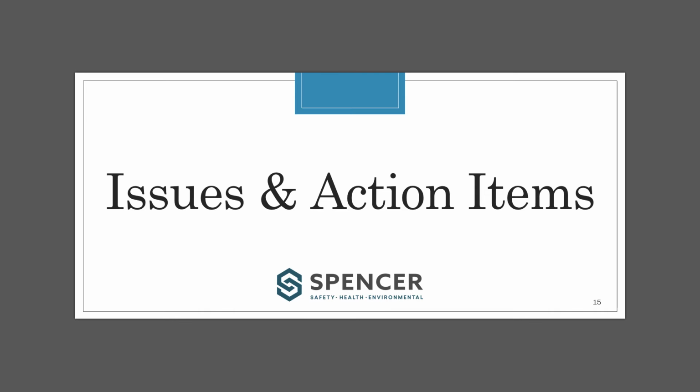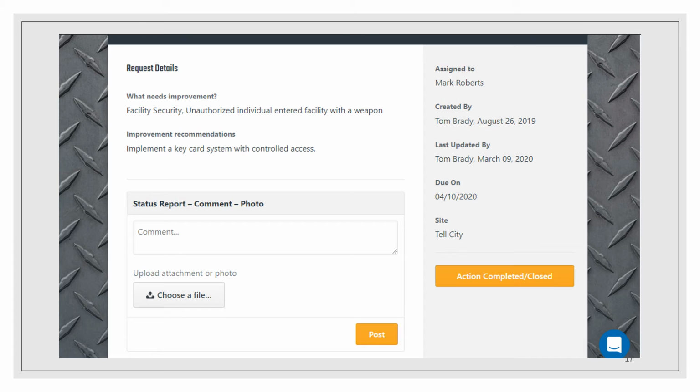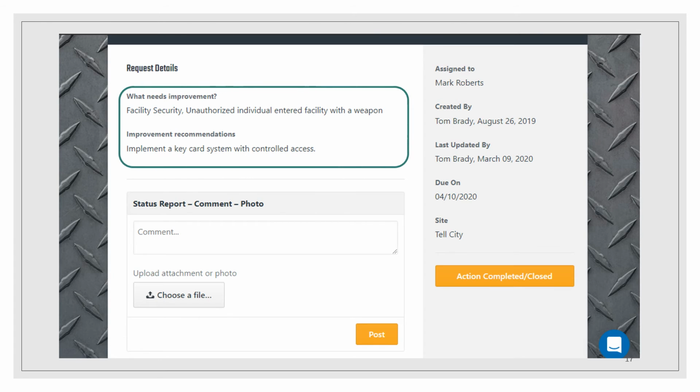Okay, so now let's talk about issues and action items in a little more detail. So once you generate an action item and assign it to the user, it populates onto the issues page, and this is what that looks like. So this is a specific issue. It tells you what needs improvement and the recommendations associated with that. You see who it was assigned to, the date it's due,